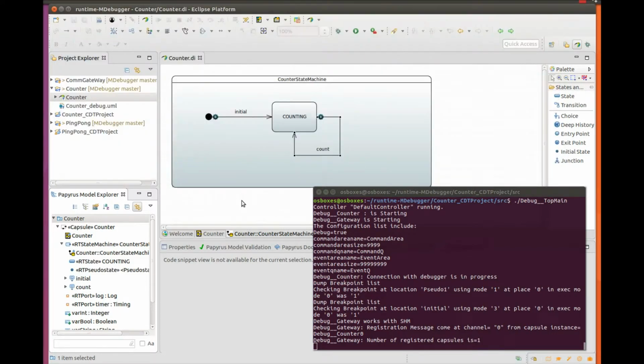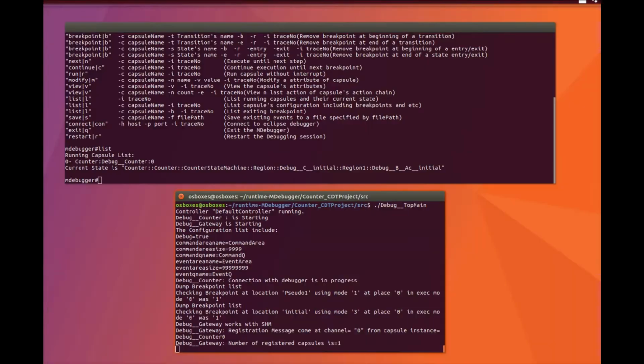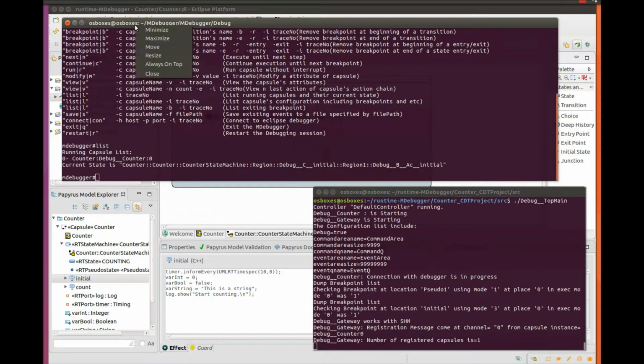So if I come back to the model, let's open the terminal and stick it always on top. I can see that this message, B for before, AC for action code, and initial for the name of the transition, means that the system is currently stopped before the action code of the initial transition is executed.